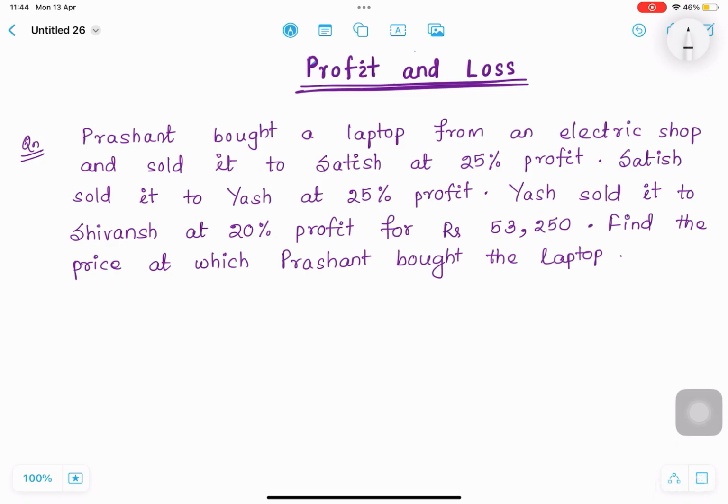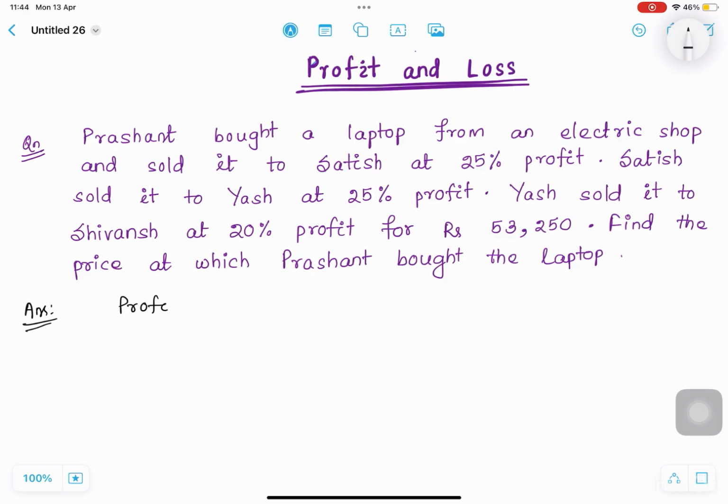So today we will discuss profit and loss, which is very important for competitive exams. So the first question is: Prasant bought a laptop from an electric shop and sold it to Satish at 25% profit. Satish sold it to Yas at 25% profit. Yas sold it to Sibans at 20% profit for rupees